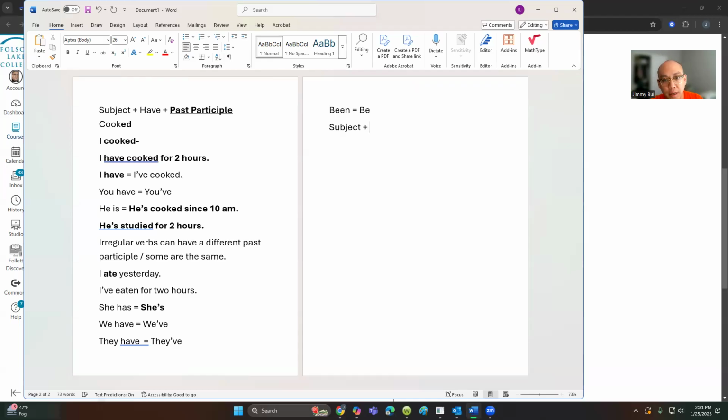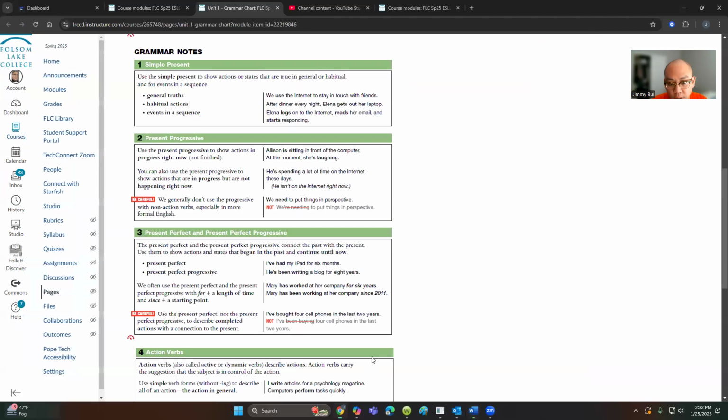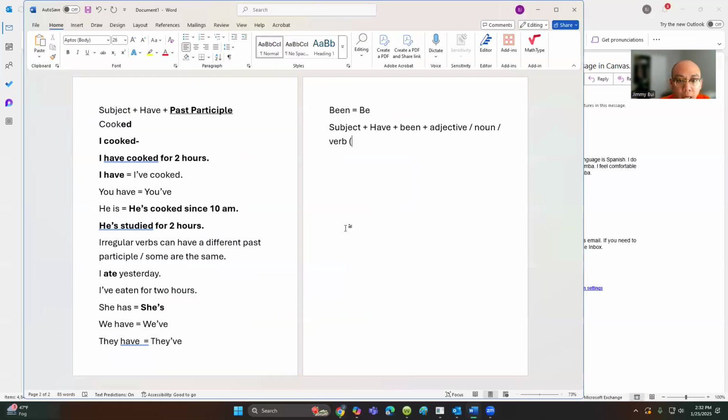If we have subject plus have plus been, right? Then oftentimes that's going to be followed by an adjective, noun, or a verb, because it is the verb "to be." And in this case, if you look at the grammar chart, you'll notice with "been," we're going to use the -ing form of a verb. Okay, so I'll try and show some examples here for you. A verb ending in -ing. Okay, and so